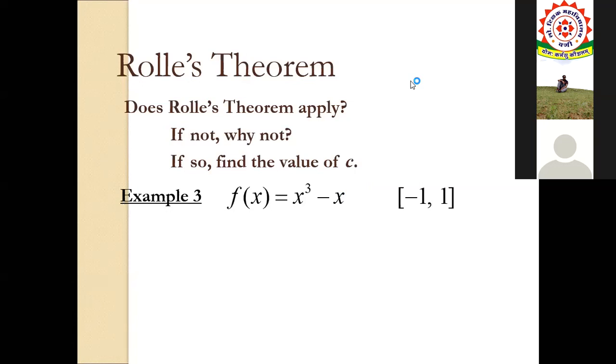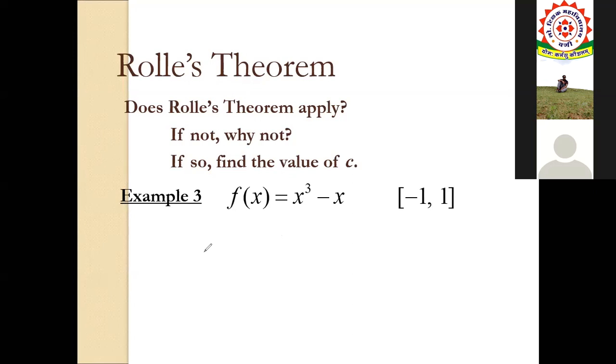Only one value or two values? I think if there is 1 by root 3, then there must be minus 1 by root 3 as well,